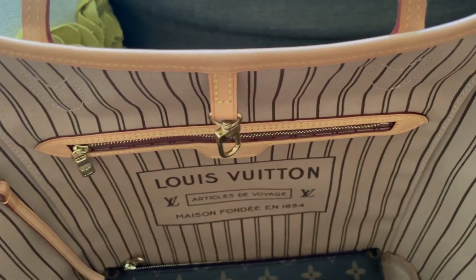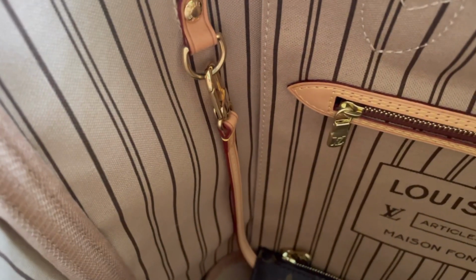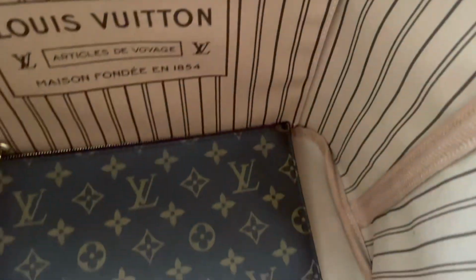So I think that's that. I don't see any dirt or mark or stain